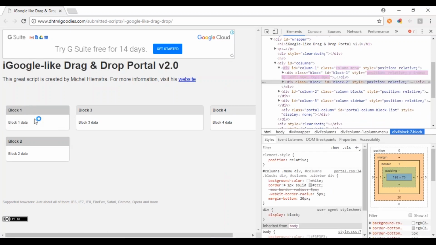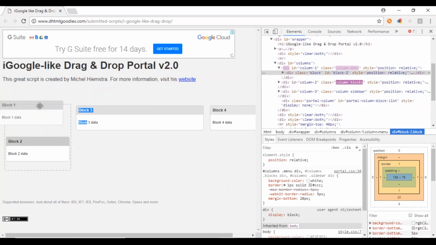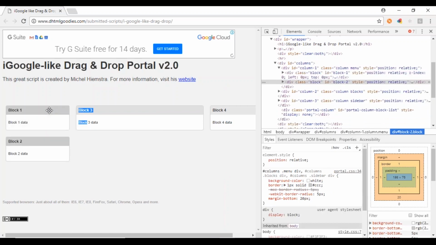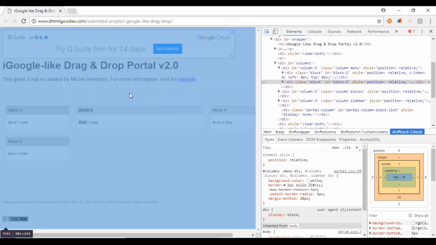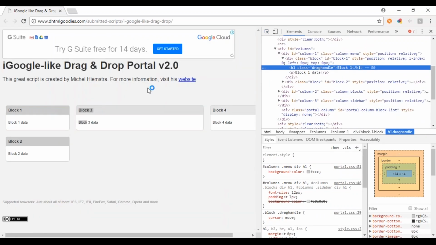You cannot drag data from here. Only if you use this drag handle would you be able to drag it, correct? So make sure you inspect the drag handle. Now I'm going to fetch this text and write my own XPath, right?